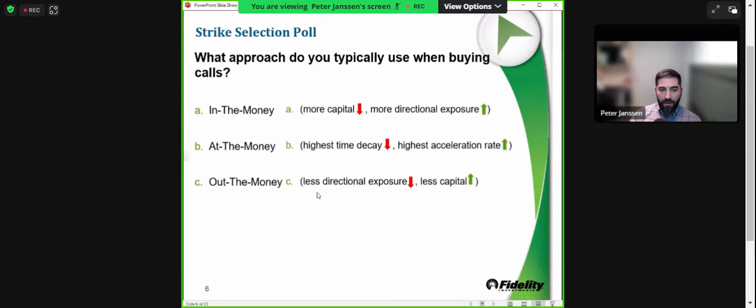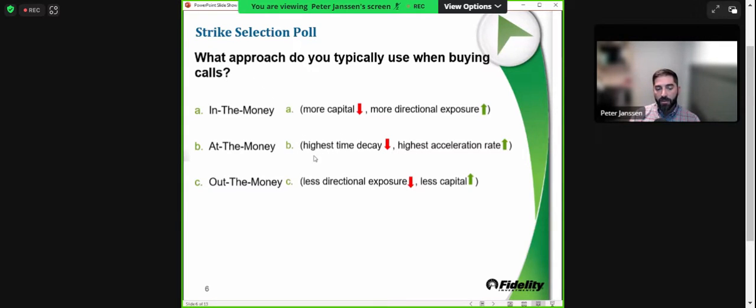Whereas on the other side of the spectrum, out of the money contract, now you have less of that directional exposure. At the onset of that trade, your deltas are less, but hand in hand, you're not having to put up as much. So your risk of loss is going to be much less, or I guess I should say the maximum loss, all things equal, buying one in the money versus one out of the money. Well, less capital is going towards this trade. So, potentially it's acting less like stock, all things equal, than the in the monies were. And the at the money's going to have a little bit of both.